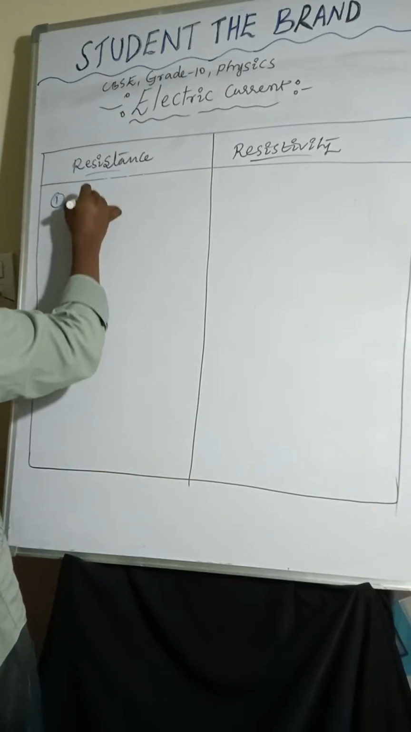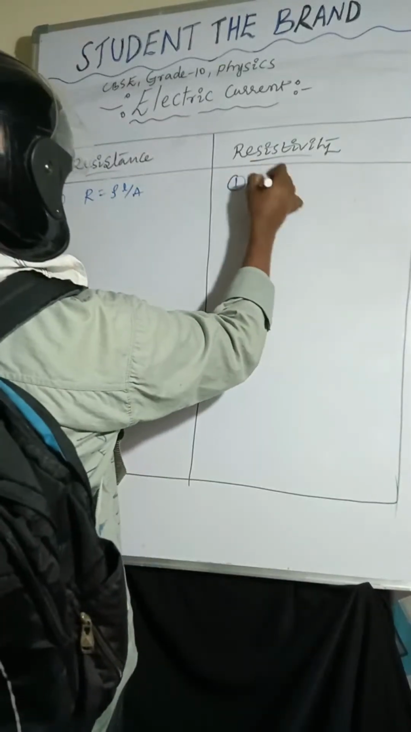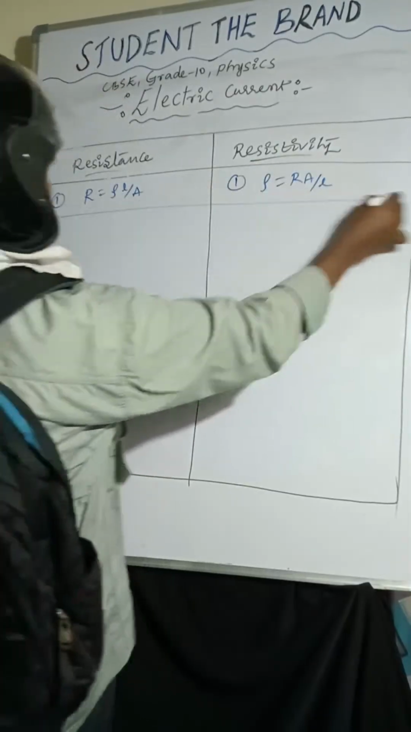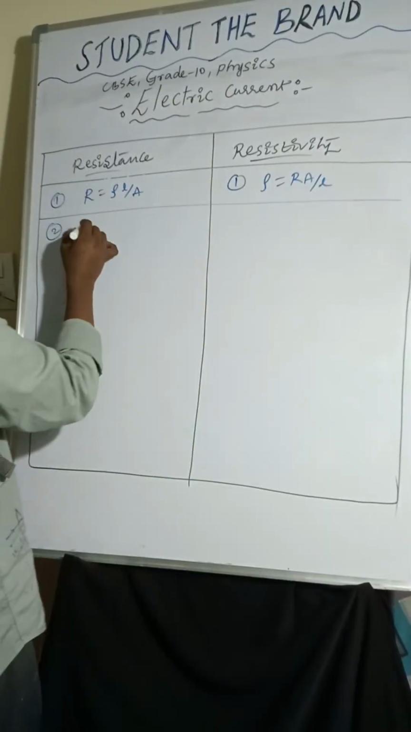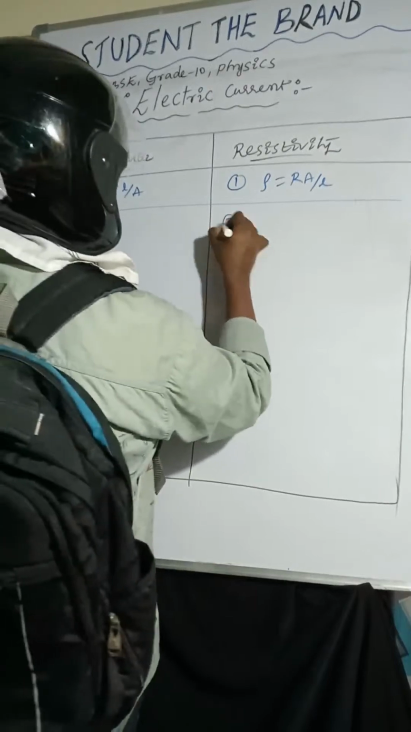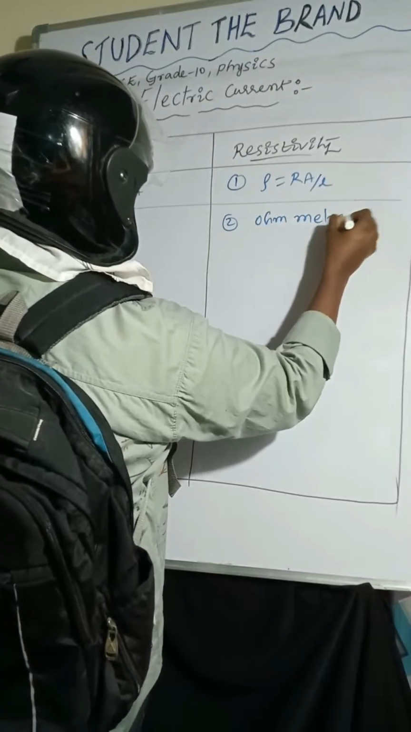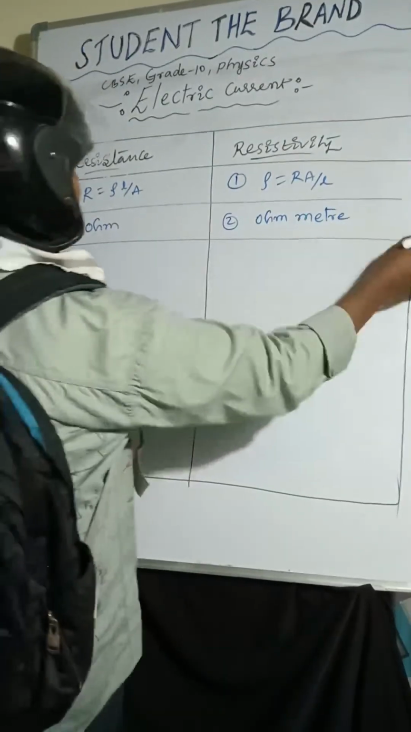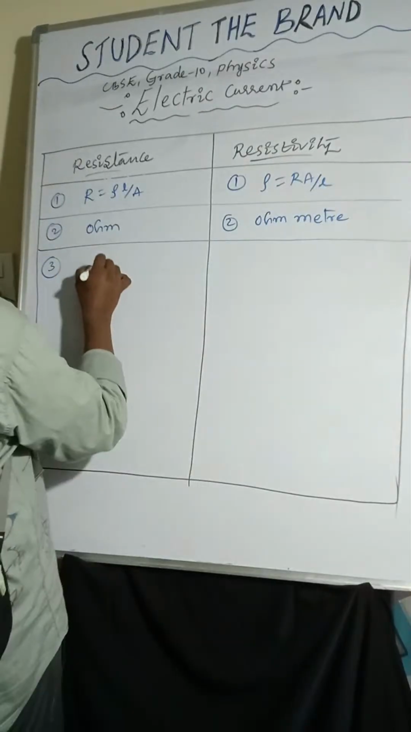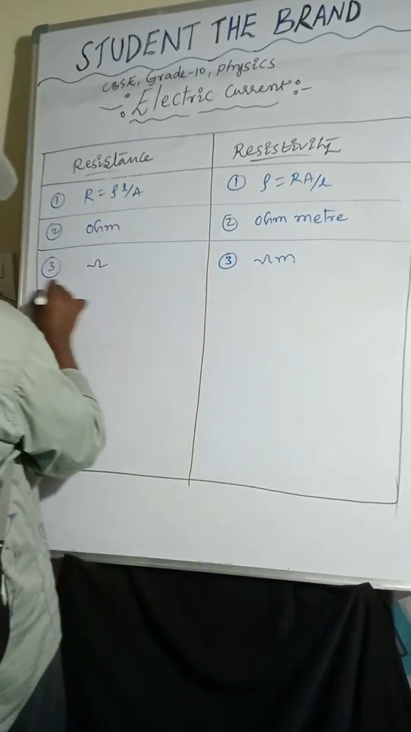First point: R equals rho into L by A, and rho equals RA by L. Second point: SI unit of resistance is ohm, and SI unit of resistivity is ohm meter. And coming to the third one, the resistance symbol is ohm, the resistivity symbol is ohm meter. And coming to the fourth one,